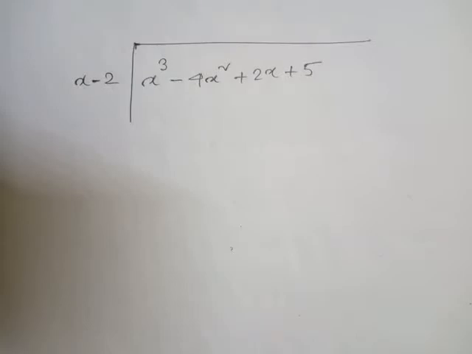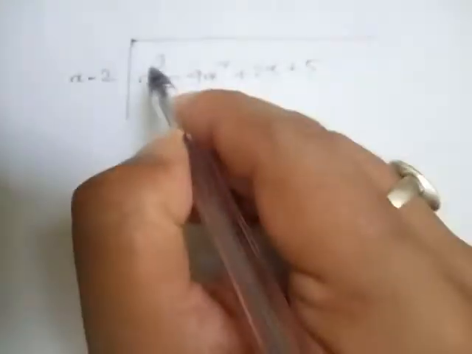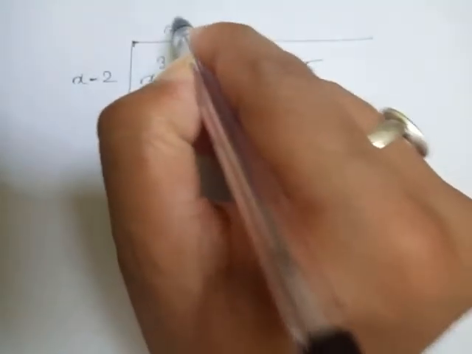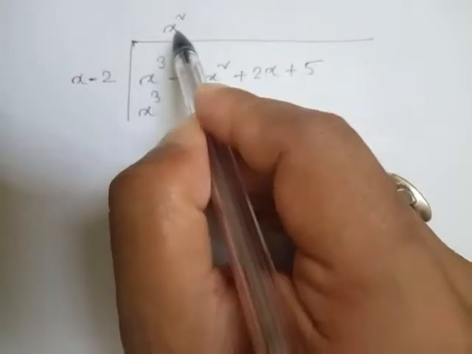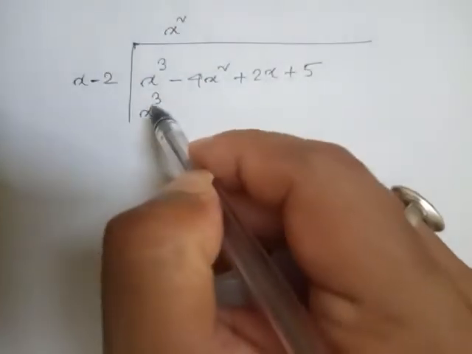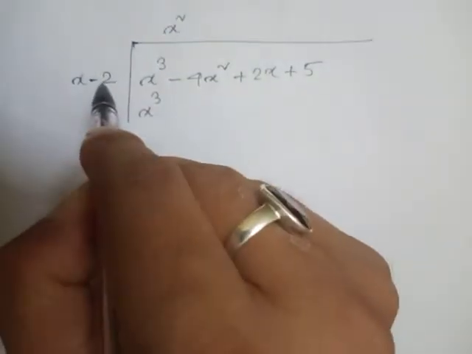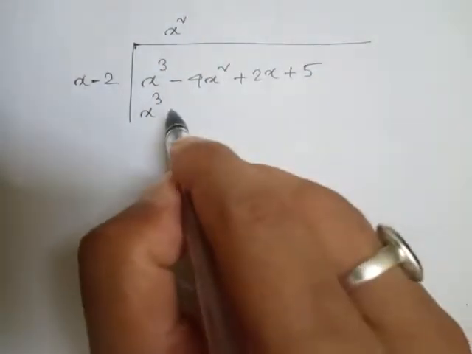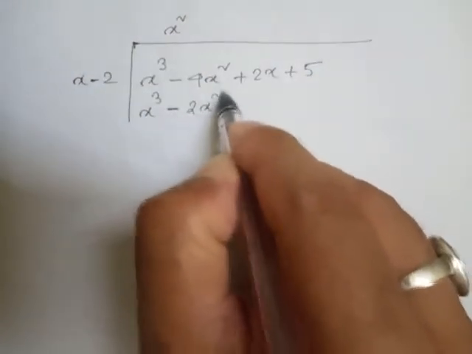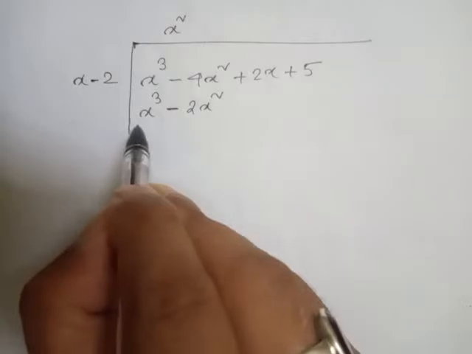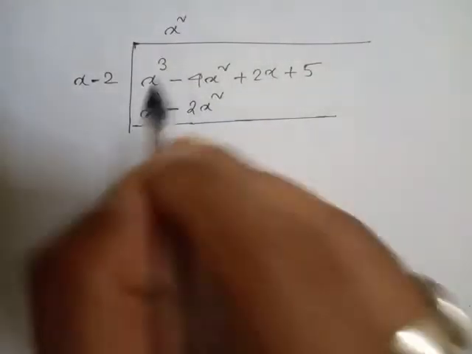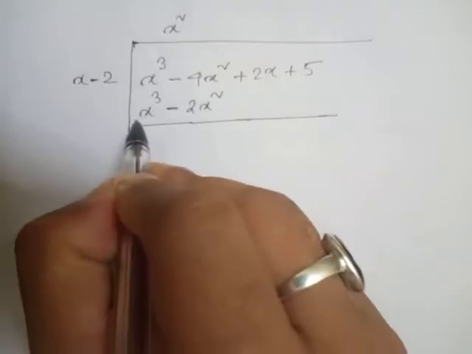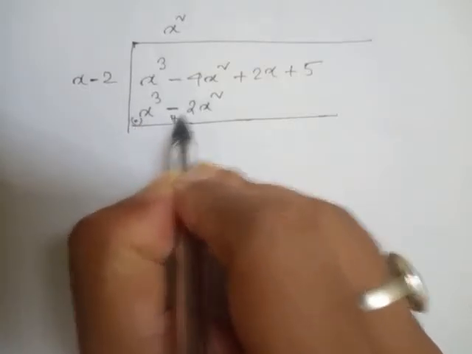Now look, if I am going to solve this one, there is x cube. If I write here x square only, x square into x means x cube. I repeat again, don't confuse. X square into x means x cube, and minus 2 into x square means minus 2x square. Now in the long division method student, you have to remember that the sign of the second line will change. This plus becomes minus and this minus becomes plus.